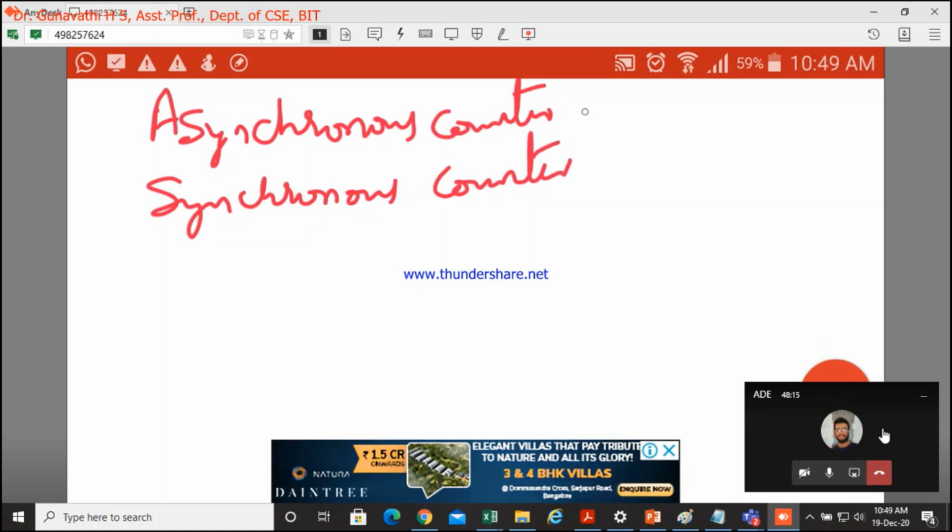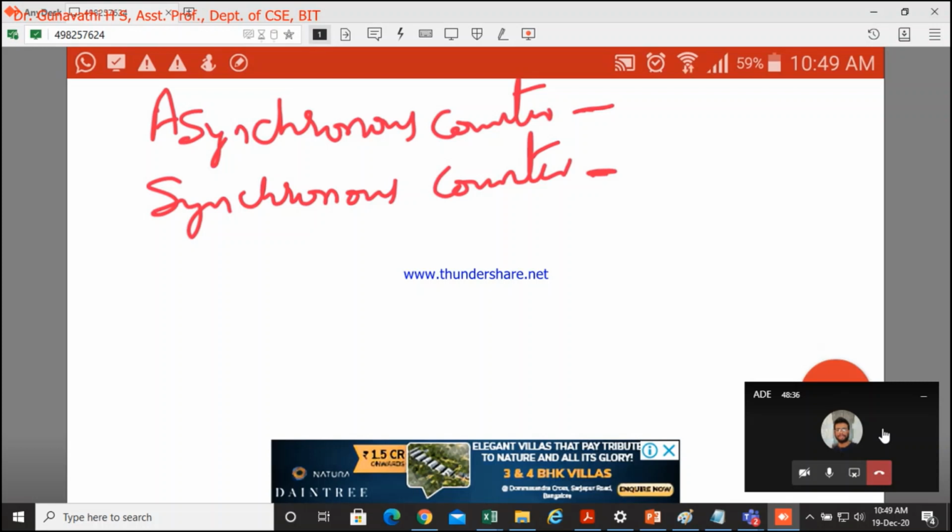With respect to the lab, you already did an asynchronous counter, that is a decade counter with a given mod. You are able to design it. Even the synchronous counter we have done using the synthesis table. So you can design for any given sequence or any mod.